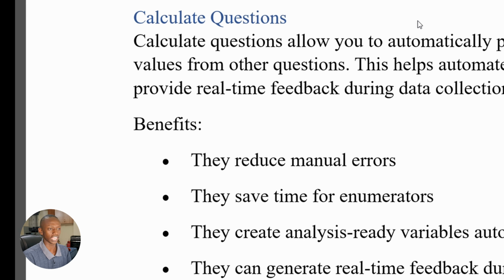Let's discuss calculate questions and see how we can implement them in KoboToolbox. If you've been following this tutorial, you've seen that we've been using a use case example of a school assessment questionnaire in the context of Kenya, and that's the same questionnaire that we're going to follow up on in this tutorial. And calculate questions allow us to perform automatic calculations within the form based on values on